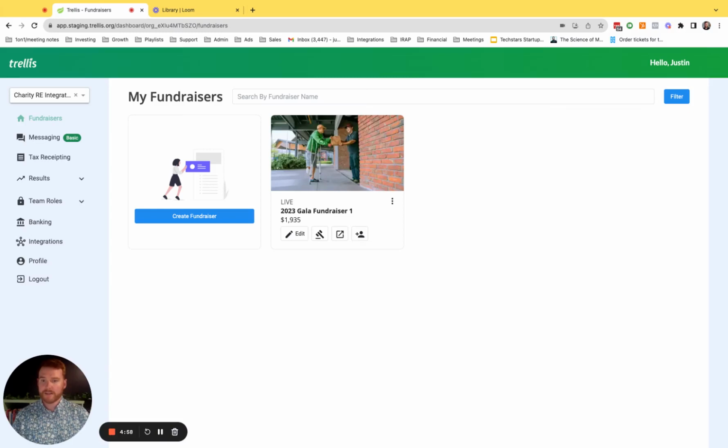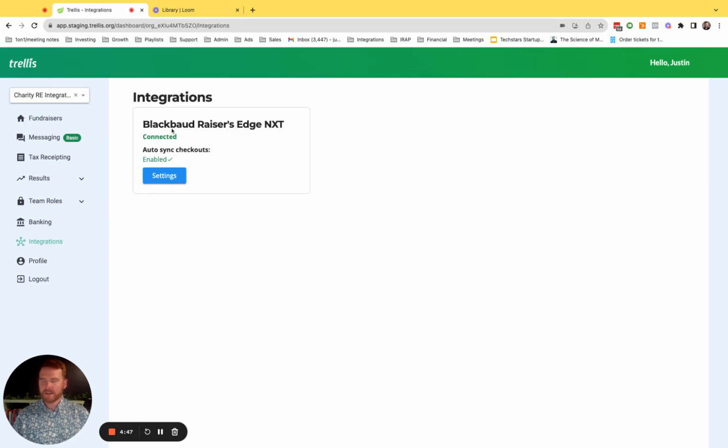For the Trellis, Razor's Edge NXT, Blackbaud integration, you can do everything you need right from your Trellis dashboard. So here's your main dashboard, and on the left-hand side is integrations. Once you click integrations, what you're going to see is this box here, and all you have to do is connect Blackbaud Razor's Edge NXT. It's a simple click of a button, then you put in your username and password, and you're connected. After that, we can work on the settings, and you can do all the settings easily from your Trellis